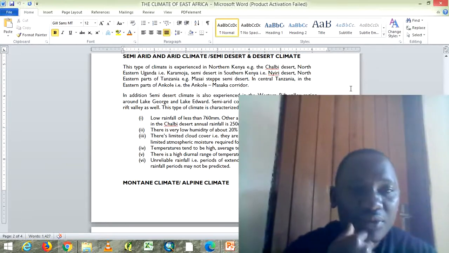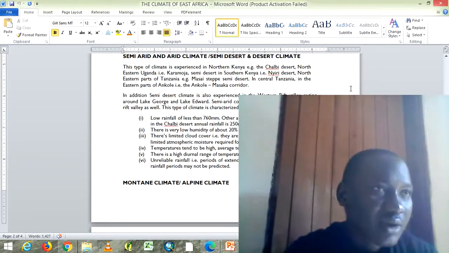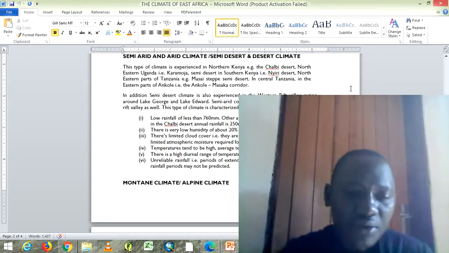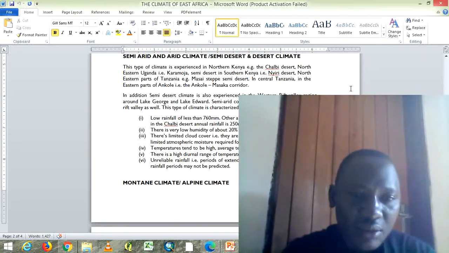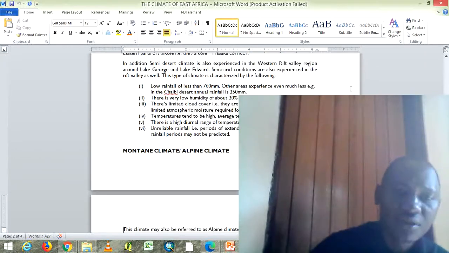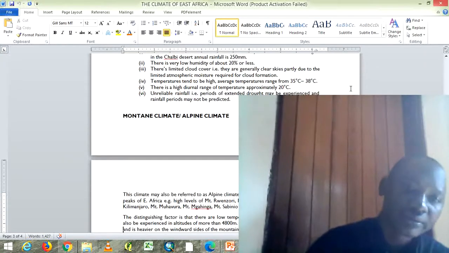So the problem with some of those areas is that the rainfall comes in a short period of time, and then the longer periods of the year are dry, and therefore that's why we regard these areas as dry climate areas. There is an annual range of temperature of approximately 20 degrees. I hope you know those concepts of the annual temperature range and the like. The next